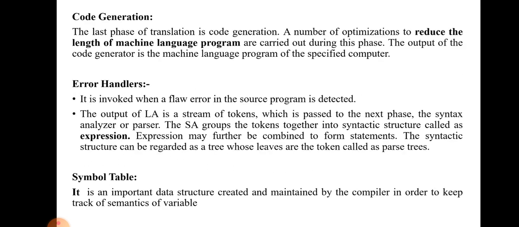The last phase is code generation, which is used to produce the target code or object code. Target and object code have the same meaning. The code generator generates the target code or machine code by using machine instructions. Machine instructions are move, add, sub. These are assembly level instructions. In these instructions, registers, memory references, and constants are used.